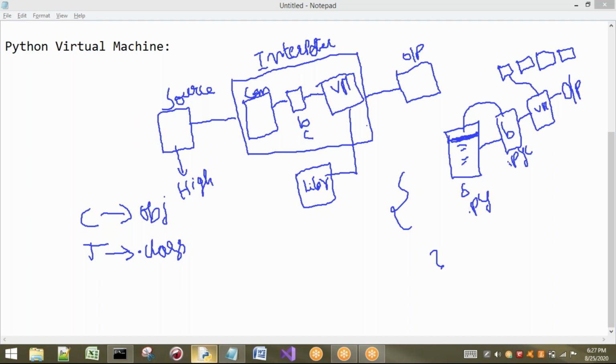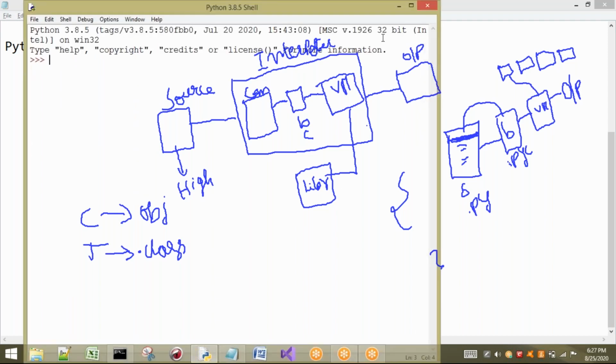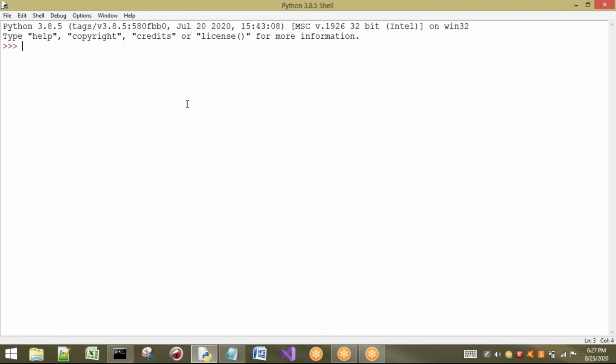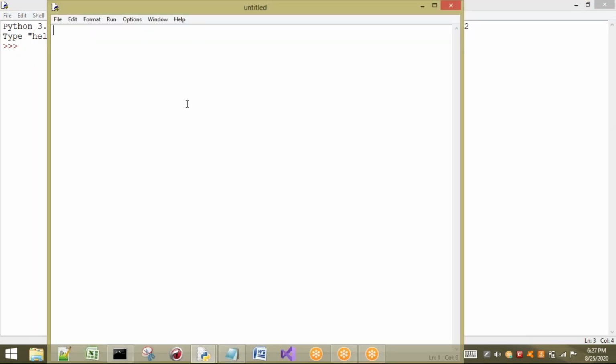I will take two different Python programs. Now see, in one file I will write some code, and in another file I want to write one small function, so that I can read that function from the other file. First I will write a print statement and execute it.